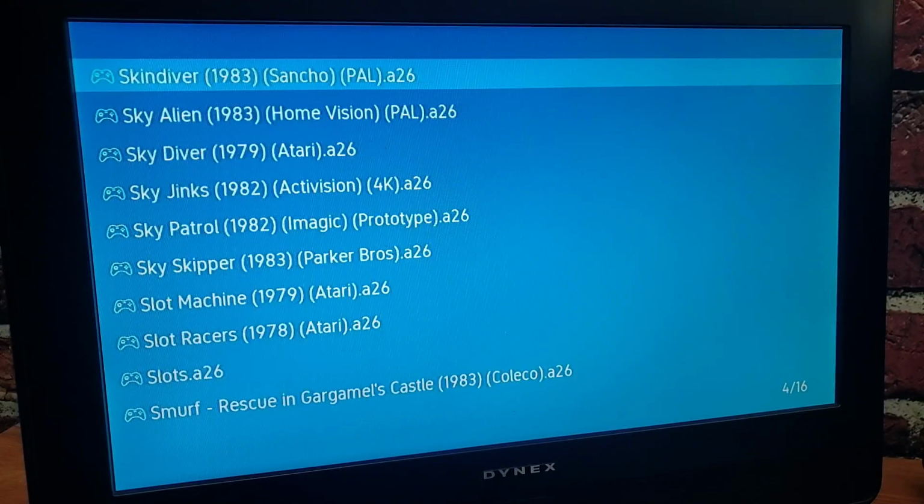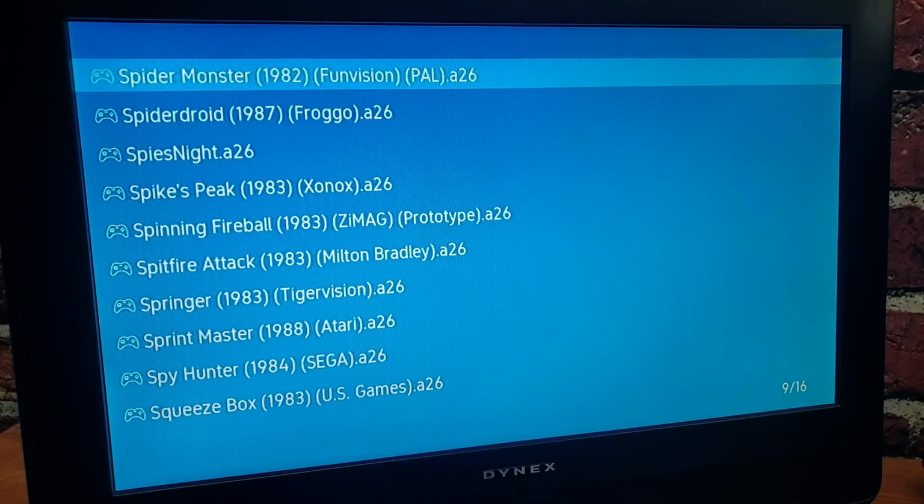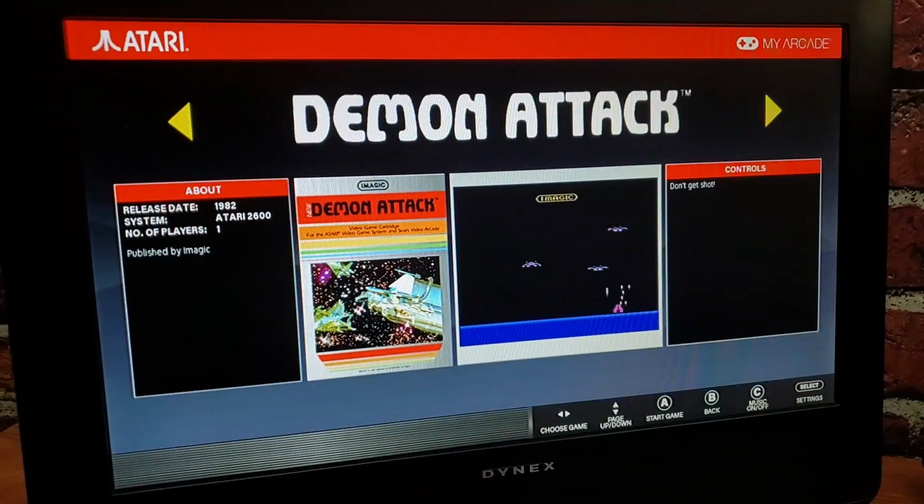We knew it was only a matter of time. The first community firmware for the Atari Gamestation Pro has been released over on Atari Age. And unlike the official firmware from My Arcade, which is typically focused on bug fixes and feature releases, this new custom firmware lays the groundwork for future enhancements, but immediately gives us the ability to add our own games to the GSP's graphical menu. So if you're ready to take your game expansion from looking like a boring laundry list to instead looking like this,